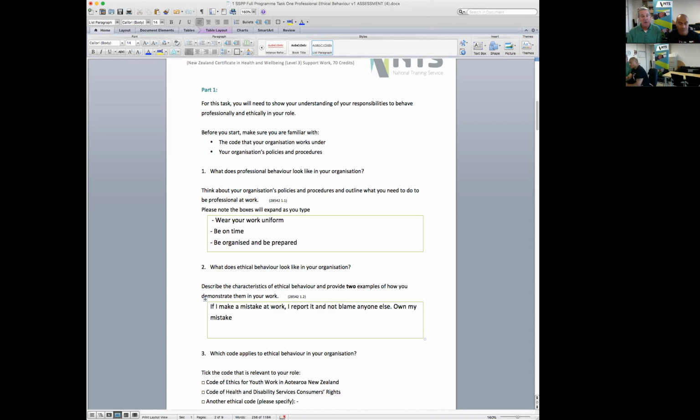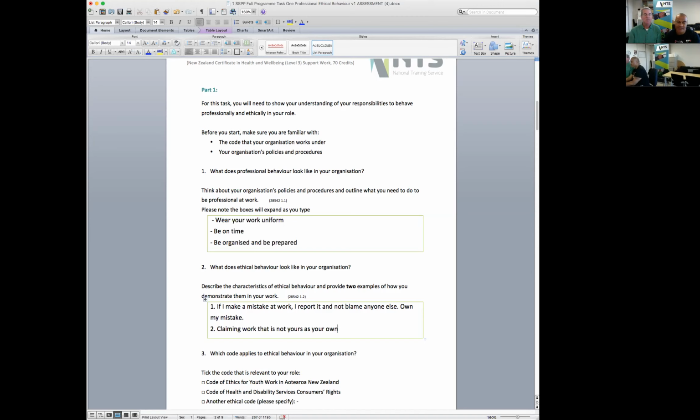Another example of how you would show ethical behaviour is if someone in your workplace did something really great and you claimed it as your own. You probably know of people who have done that, where they've written something really, really good, and later someone has downloaded it from the workplace files and used it as their own. Right. So that's unethical.